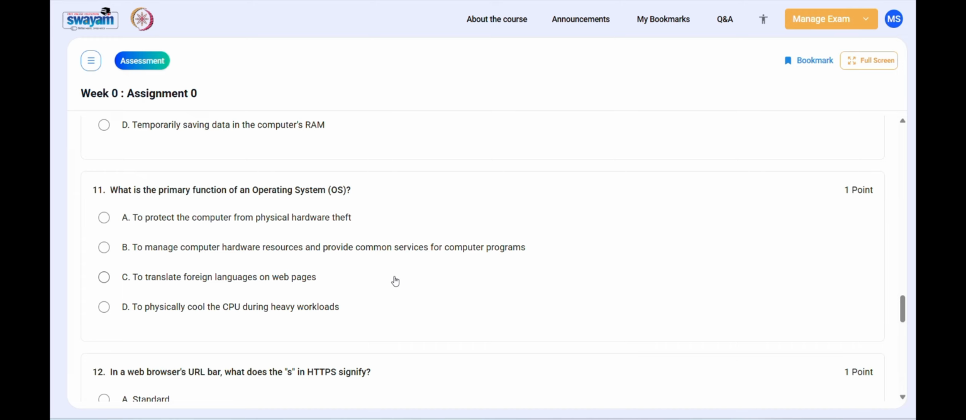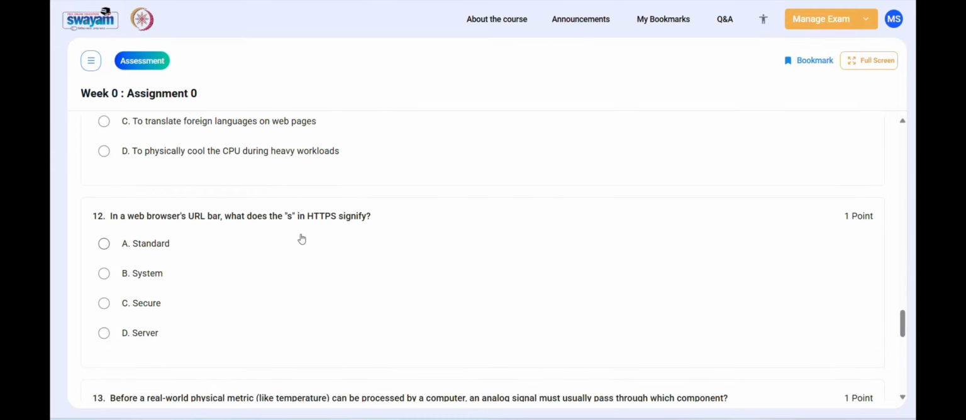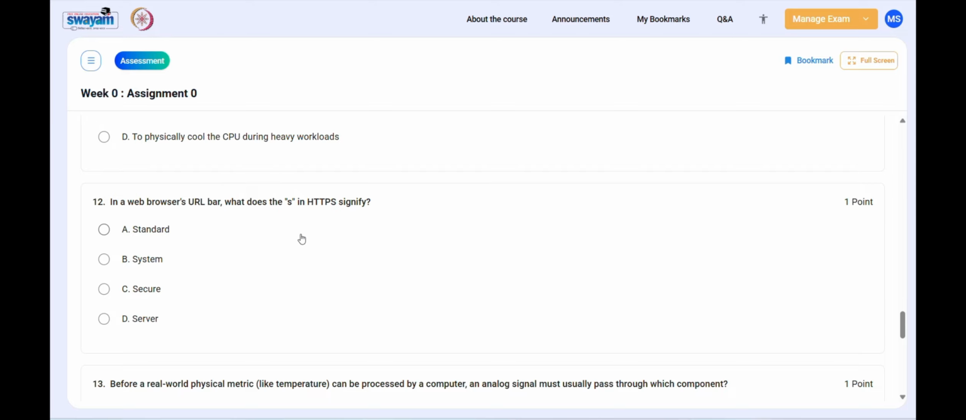Then the 11th question: what is the primary function of an operating system, OS? The solution is option B, to manage computer hardware resources and provide services. And 12th: in a browser URL bar, what does the HTTP signify? Option C is correct, secure. Then